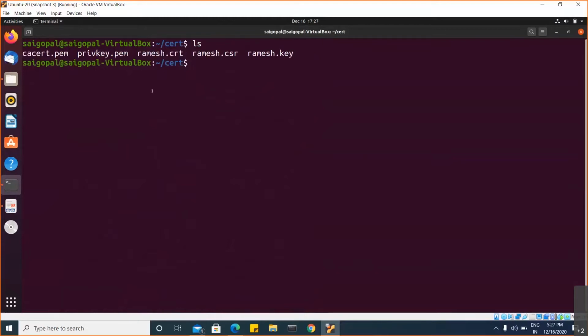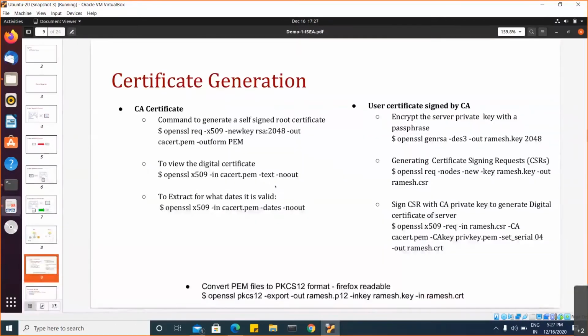Now what we do is we will import the private key of Ramesh as well as the digital certificate. We will convert this digital certificate of the user into PKCS12 format. The PKCS12 format contains the digital certificate along with the private key.